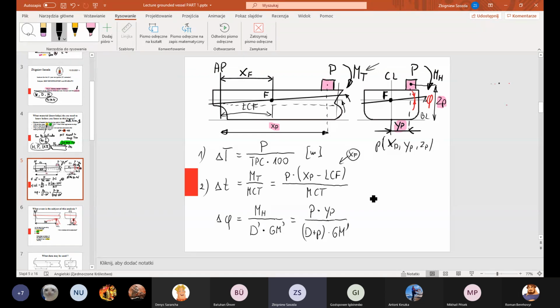I hope you can calculate the new initial metacentric height. The method is like that, am I right? Yes. KM prime from hydrostatic particulars, hydrostatic table. Okay. And KG prime, how can you calculate KG prime? Displacement of the vessel times KG. No, just two weights we need to use. Yes. Sum of statical moments divided by sum of weights. Yeah. Okay.